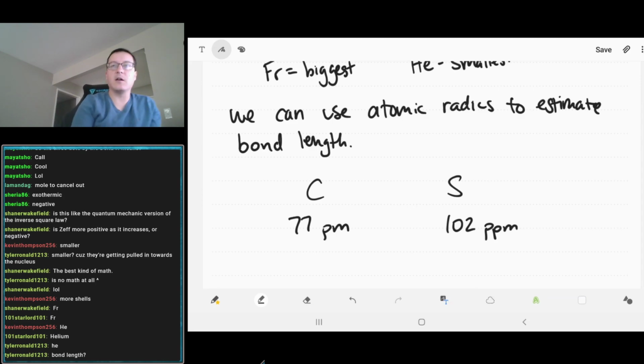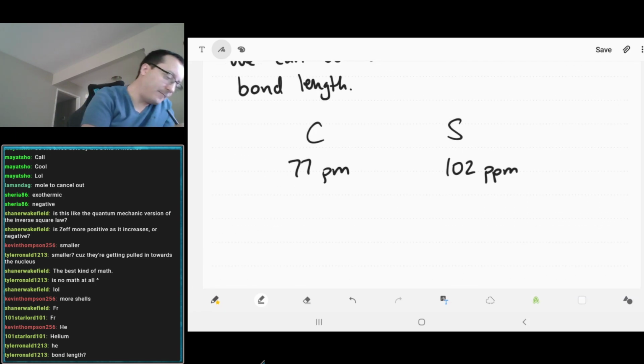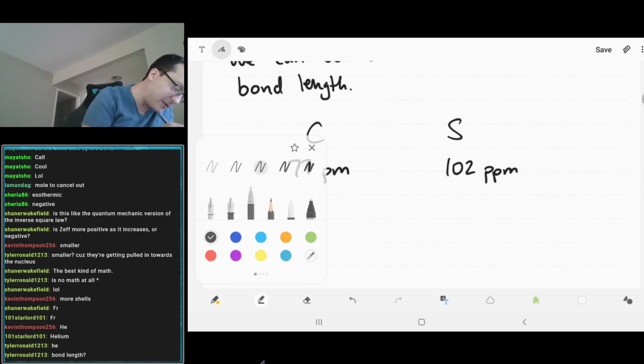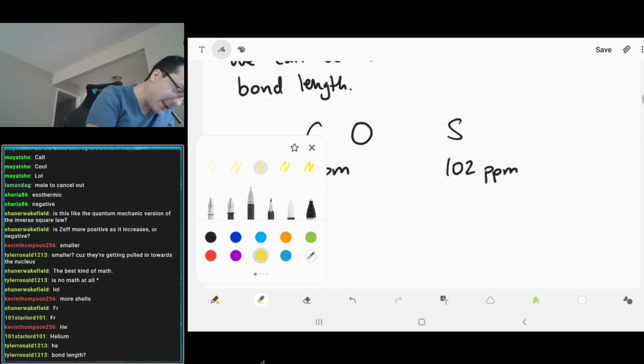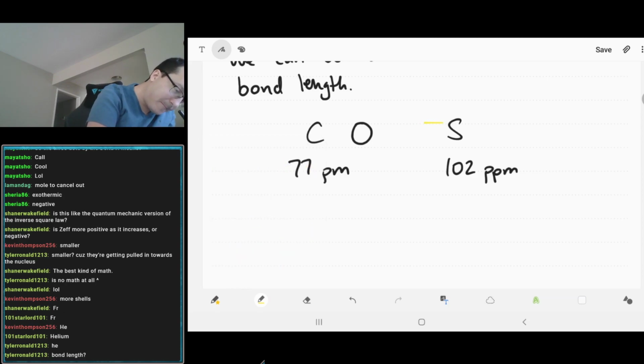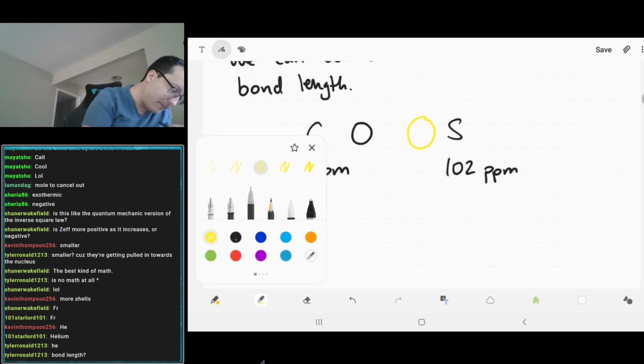These are radius. Okay, cool. If we now stick the carbon on the sulfur, let's pretend they're spheres. Carbon can be black. Okay, here it is. And sulfur can be yellow. Sulfur is a little bit bigger, right? If we stick those guys together,